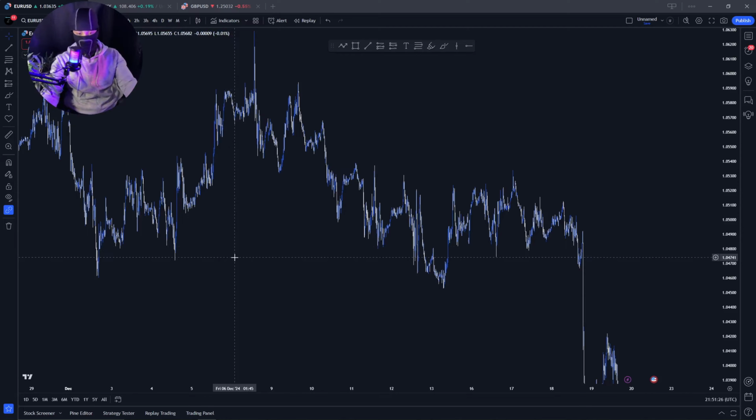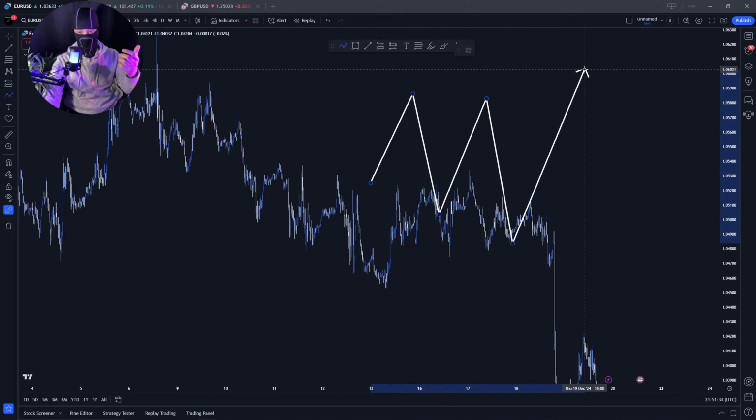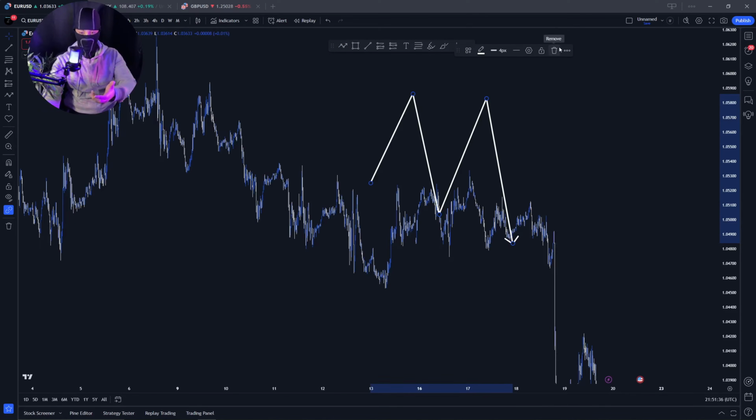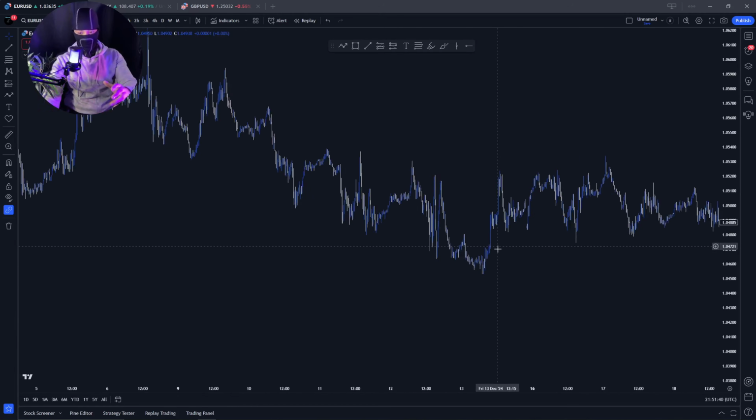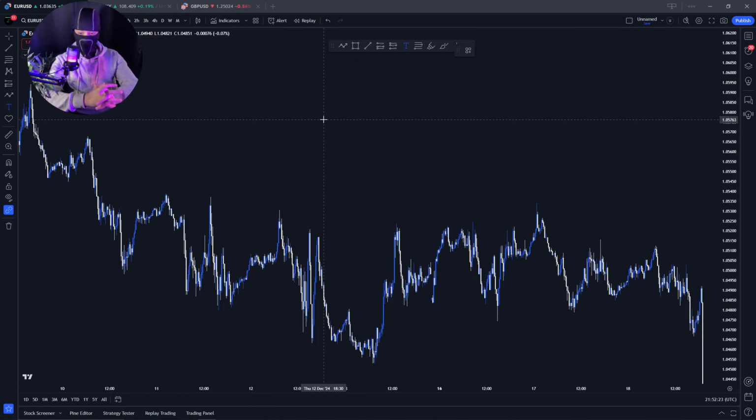For example, pairs like gold, I know that they're a lot more volatile in comparison to EURUSD. If a pair's volatile, it just means that it moves in one direction very quickly, and it can switch up just as quick. Does that make sense? Whereas EURUSD is a bit more slow paced, but I still like it because it still has volatility. With that being said, make sure you get a pen and paper and take notes.